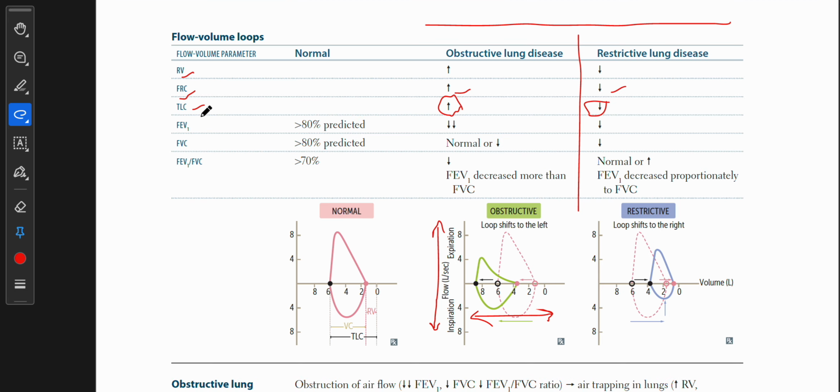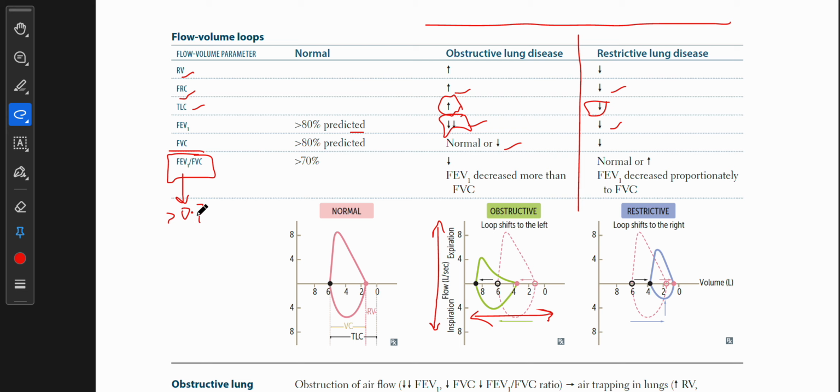FEV1, forced expiratory volume in the first second, is greater than 80% of predicted in normal, but it is decreased in both diseases, and very much decreased in obstructive lung disease. Forced vital capacity is normal or decreased in obstructive lung disease and also in restrictive lung disease. The FEV1 by FVC ratio is a single parameter that defines whether it is obstructive or restrictive lung disease. If it is greater than 0.7,